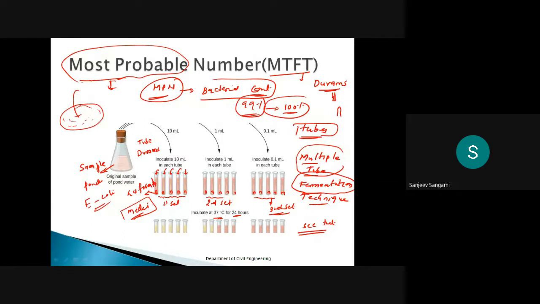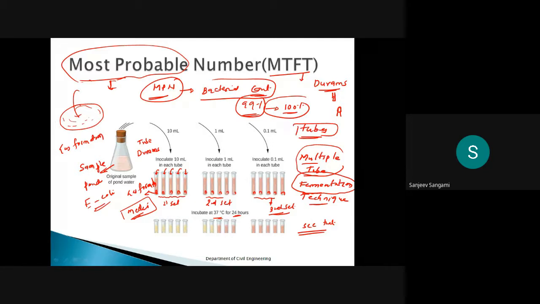If gas formation is there, you can see bubbles at the top of the Durham's tube. If a bubble is there, it means gas is inside. Check how many tubes have formed gas, and whether gas formation is there in all the vessels or in how many.